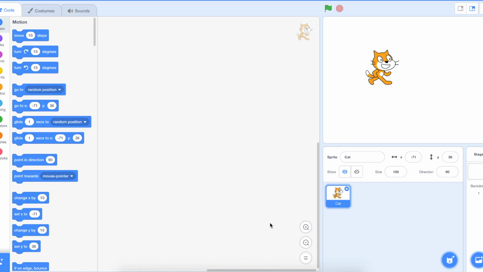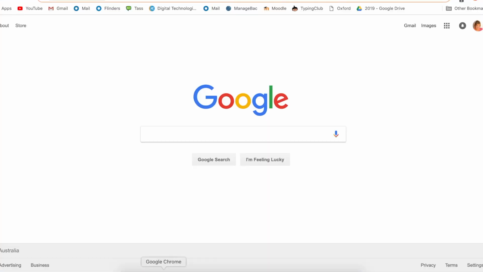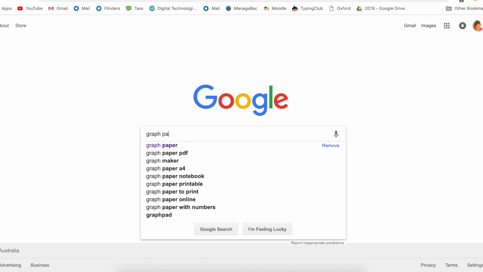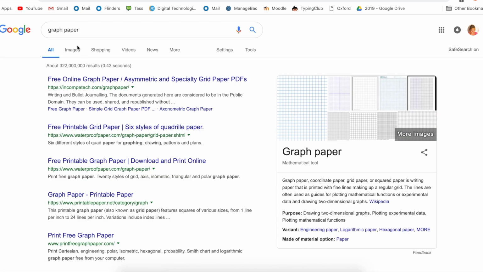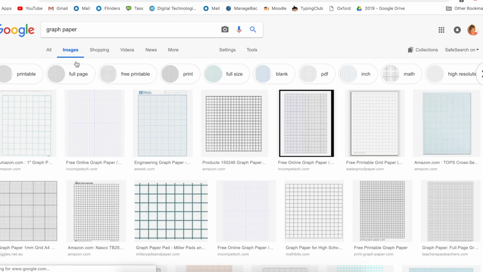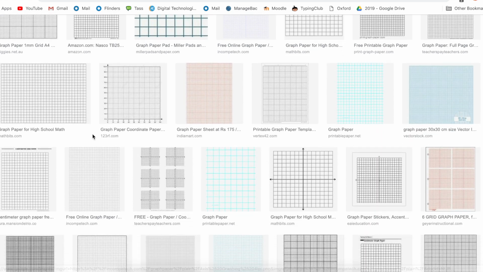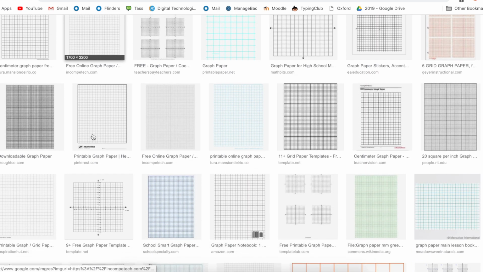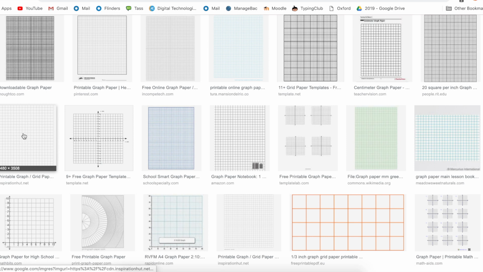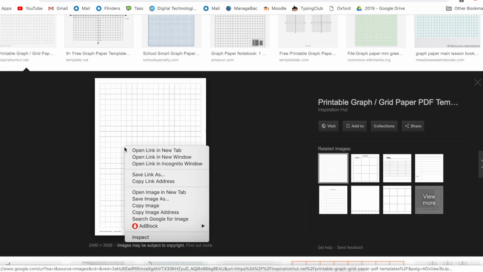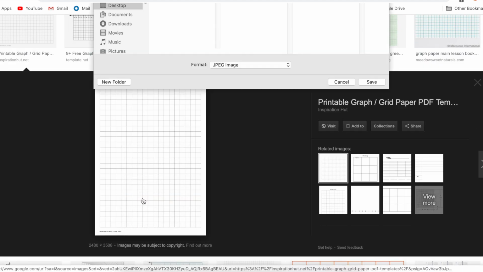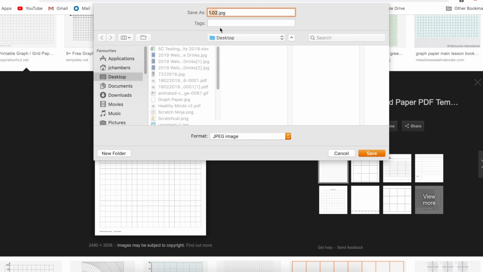And the first thing we need to do is to choose our background, the backdrop. So I'm going to go to Safari. I'm going to type in graph paper images, and I'm going to choose some graph paper that's quite a big file size. I'll choose this one here. So copy, save image as, save to my desktop,